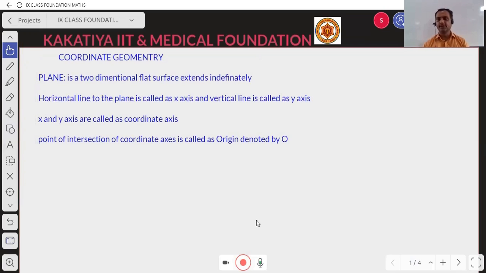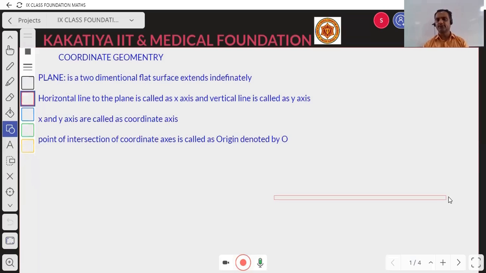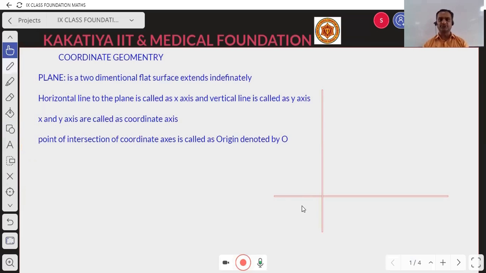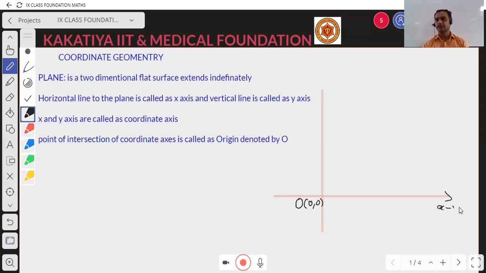What does it mean? First, let me draw and explain. See, suppose this is my horizontal line to the plane. I name it the X-axis. This is a vertical line to the plane. I name it the Y-axis, as we have discussed, right? And this is my point of intersection. This is what we call the origin, right? So this is O of 0, 0. Clear? This is x-axis. This is y-axis,